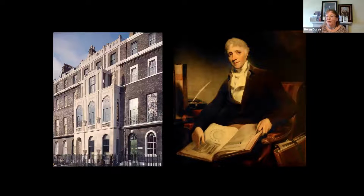In 1783, he moved to a larger house in Same Street near Cavendish Square. For those of you who know London, that's just behind John Lewis, Oxford Street. And in 1784, he married an heiress and he took on his first pupil, John Sanders. And John Sanders lived in and took his meals with the Soane family. Soane moved again twice, always combining living and working at the same address, before he moved to Lincoln's Inn Fields